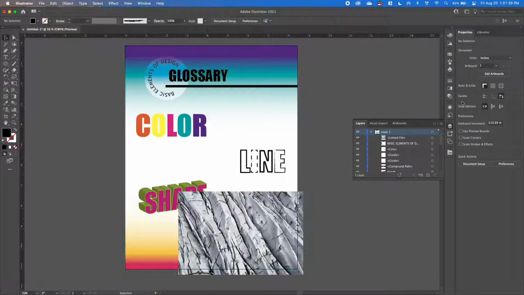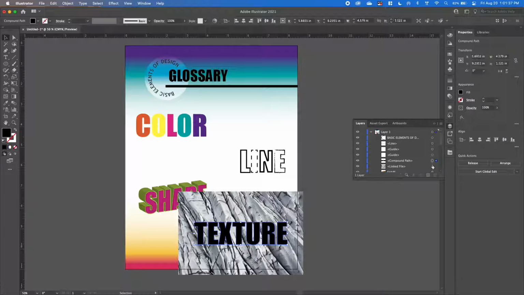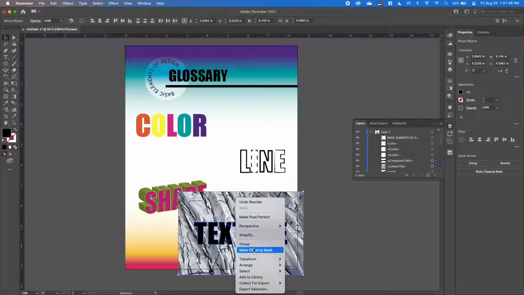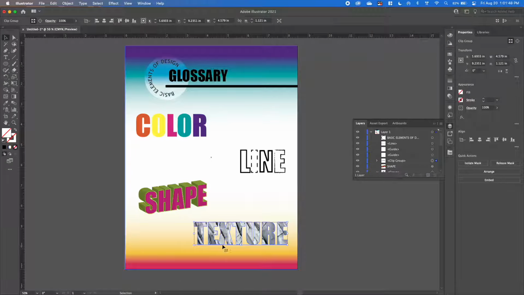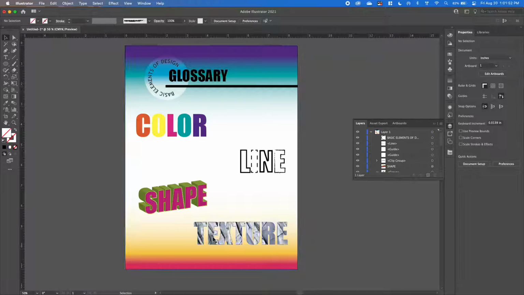Then you're going to make sure that that linked file is underneath the compound path. So I just clicked and dragged it underneath that compound path for texture. Selecting both the compound path and the file that's underneath it. So I held down Shift to select both of those. Then you can right click and make clipping mask. That's going to make it so that what's underneath appears inside of the letters so we can actually see the